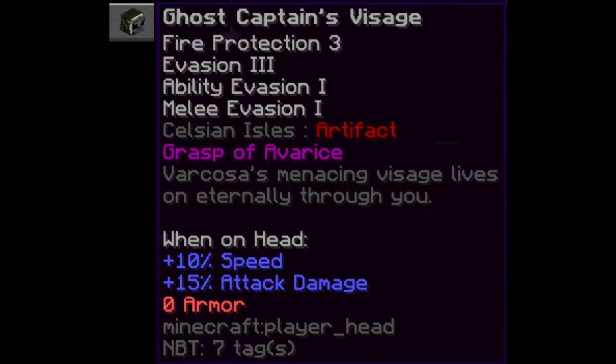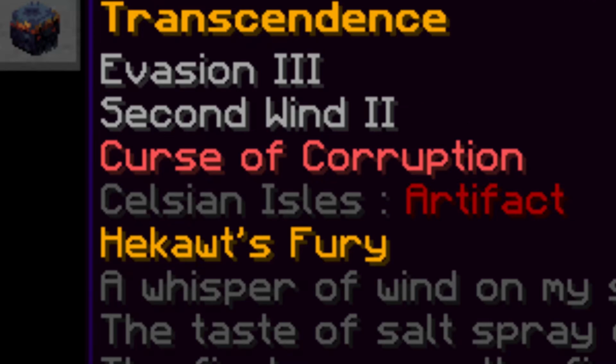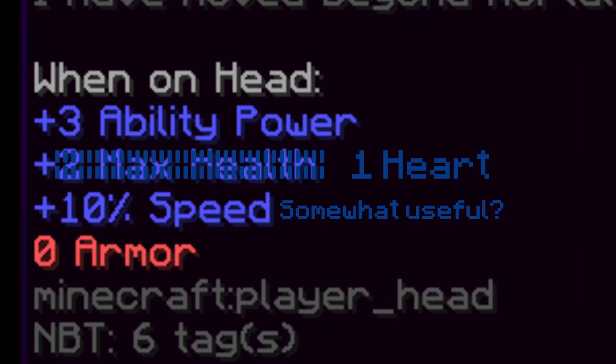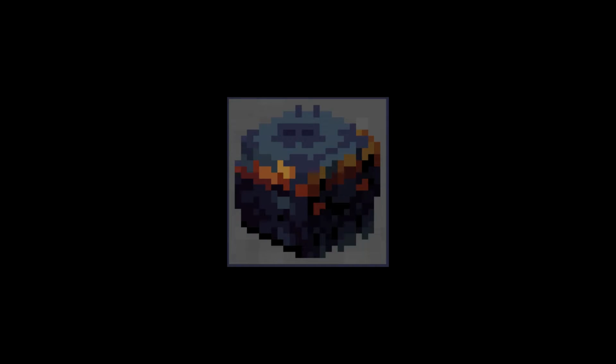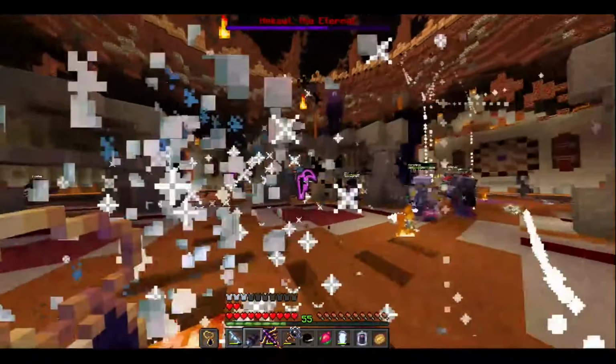The Ghost Captain's Visage of Spellcasters, Transcendence. Not only does it have the same amount of evasion from GCV, it also has some bonus second wind and the main highlight, plus 3 ability power featuring 1 heart and 10% speed. The only thing that irks me is the fact that if you wear this, you look twice as ugly even without armor. I mean, the strongest wills require the greatest of...